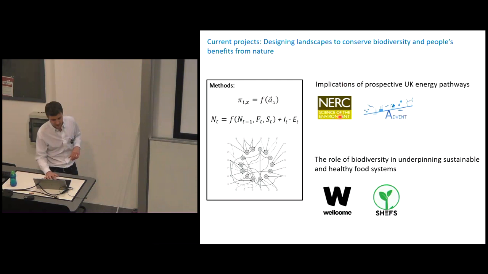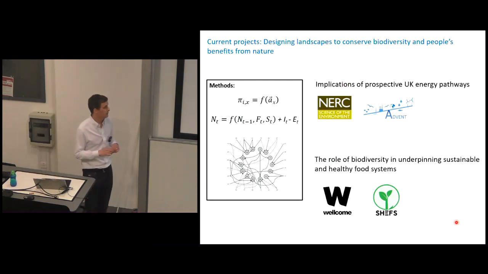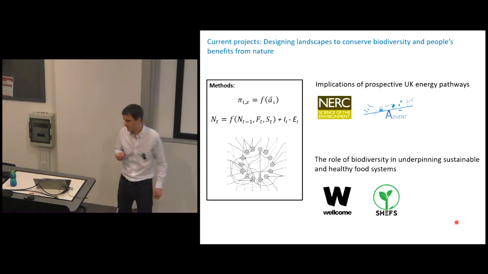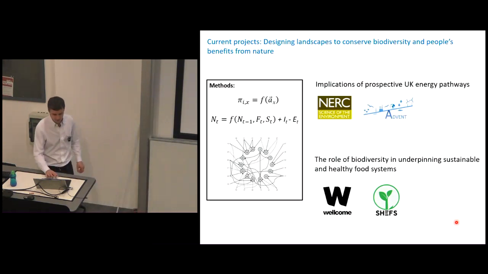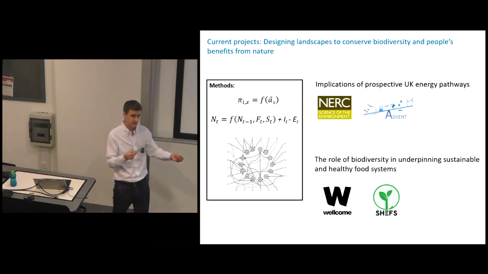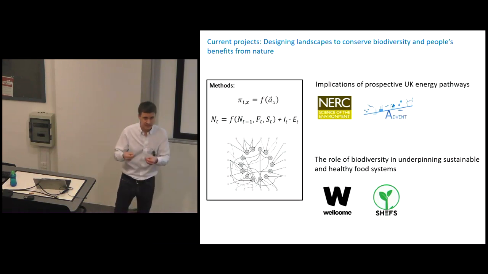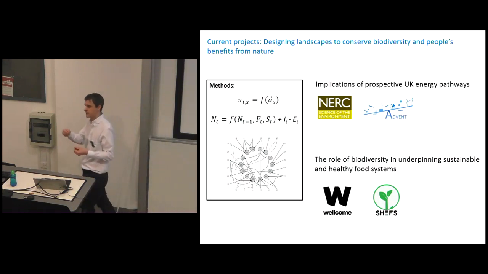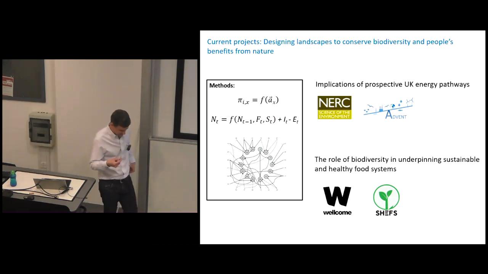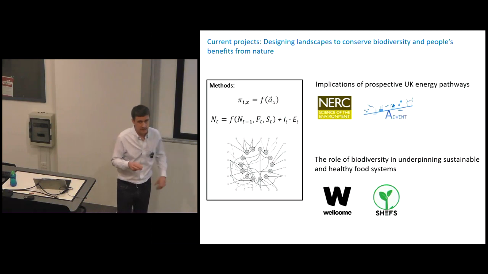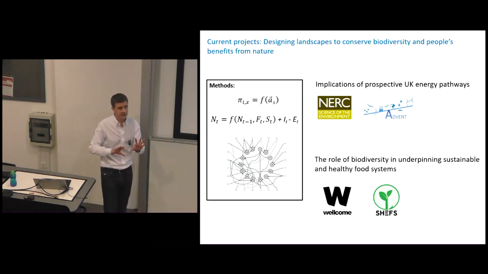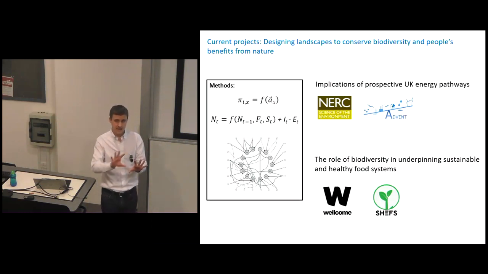It's a talk for another time, but we currently are collaborating on a couple of large projects. I see people in the room that are really key involved in these projects, but ultimately we're interested in how we can better design landscapes to conserve biodiversity and the benefits that biodiversity provides for people. We're looking at 2 study systems, one in South Africa and one in the UK, and we're looking at multifunctional landscapes. So we don't just want to conserve biodiversity, we also need to provide energy for society.